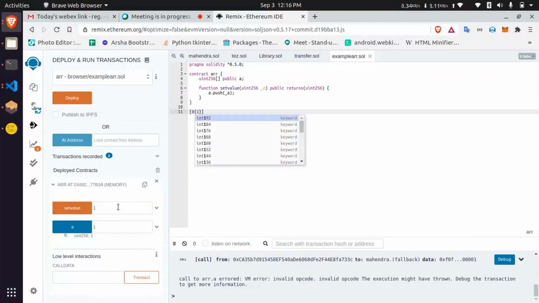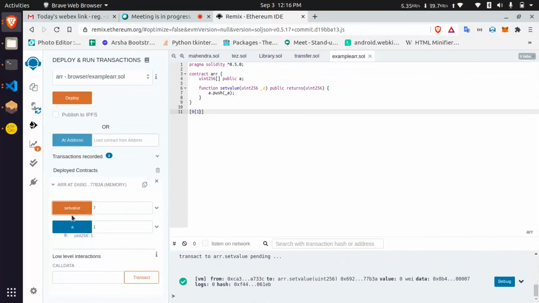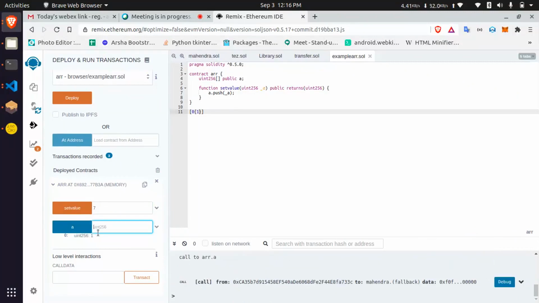Okay, and then I am going to set 7 at the second index. So if I check, zeroth index is 1, and first index is 7.